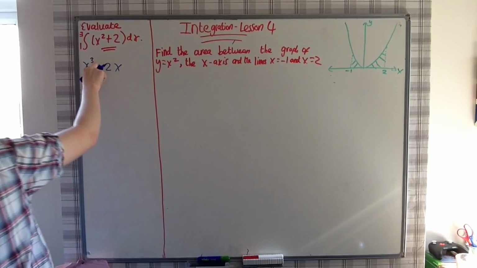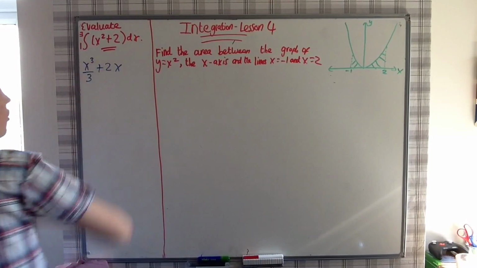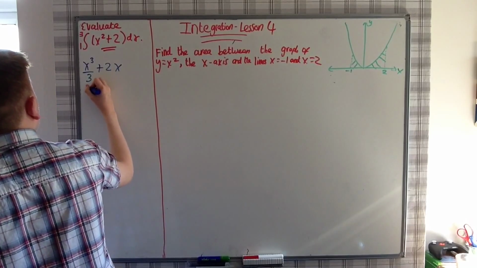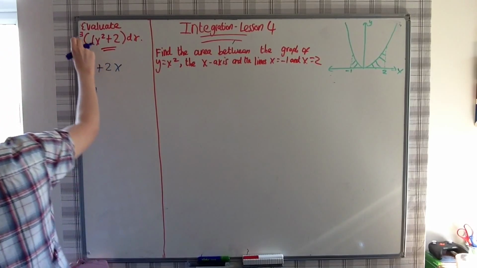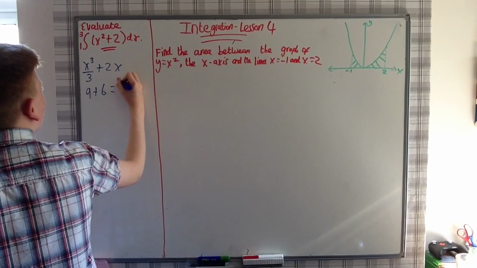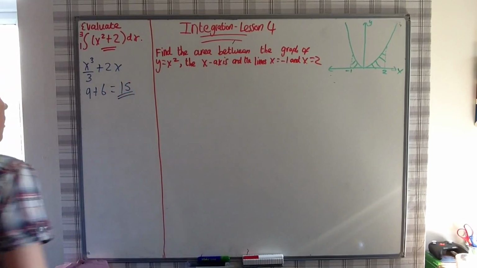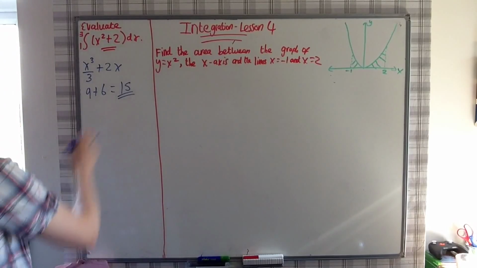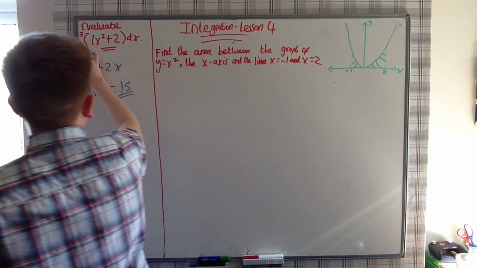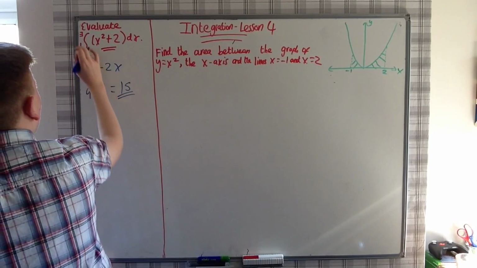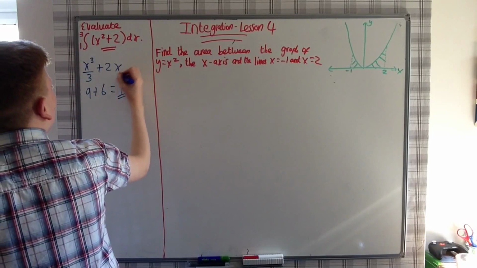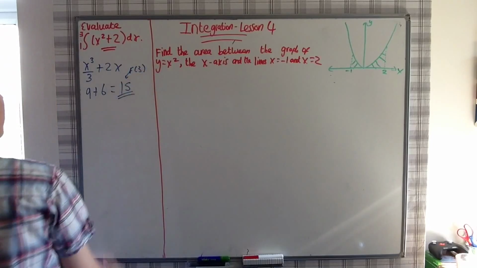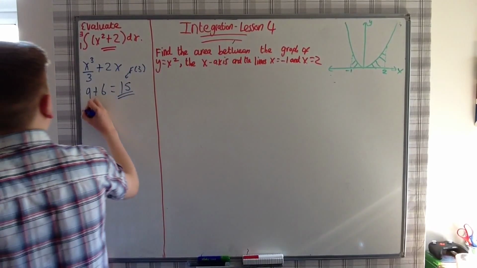So substituting x is 3 into here, we get 3 cubed, which is 27, divided by 3 is 9, plus 2 multiplied by 3, which is 6. This gives us 15. So when we substitute in our upper limit of the integral, we get 15 as an answer. So now we need to substitute in our lower limit. So we should say here we're doing f of 3, which just means we're substituting in our upper limit. So now if we do f of 1,